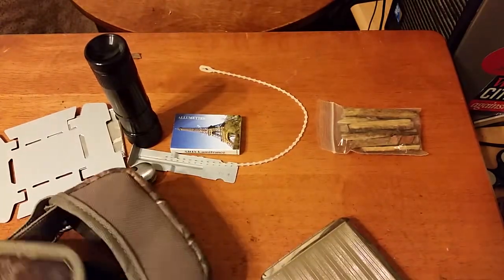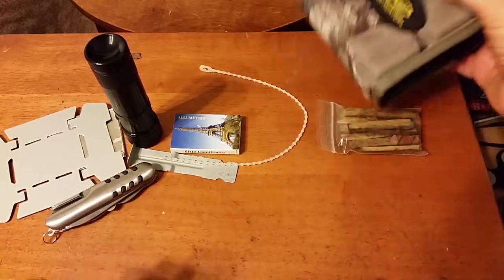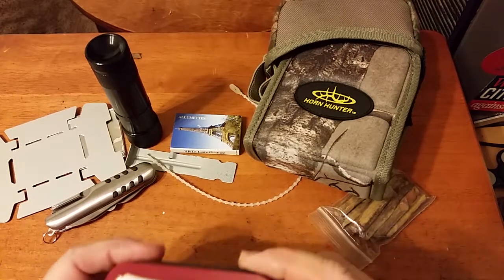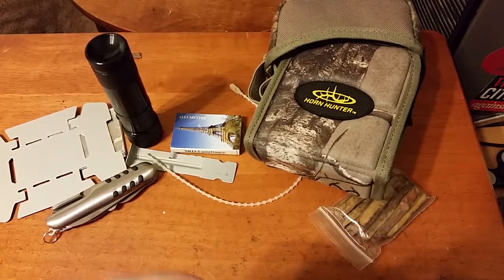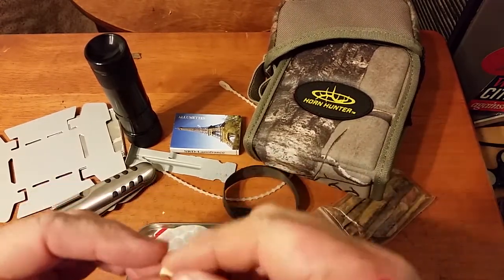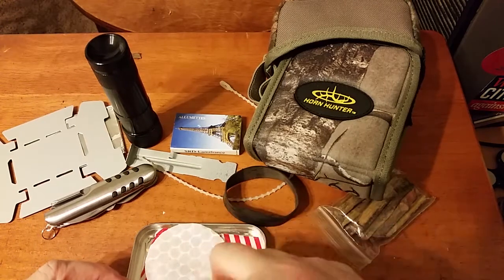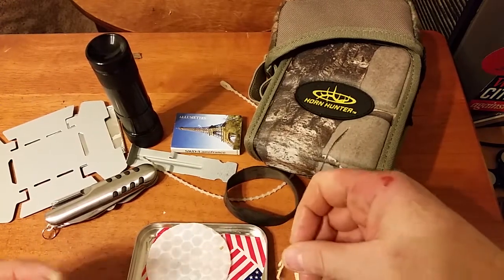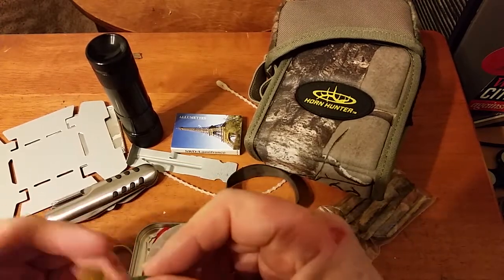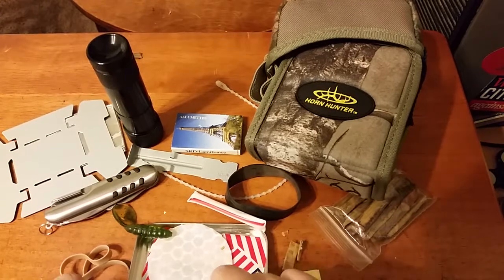And then the last thing in here is the survival kit, the Altoids tin kit that Nicole, Lake Erie Prepper, sent me, but I added a few items to it. So I added a tiny piece of folded up paper. The fatwood was what she put in. I added the rubber band. She put the worm in here. She put this in. I added these